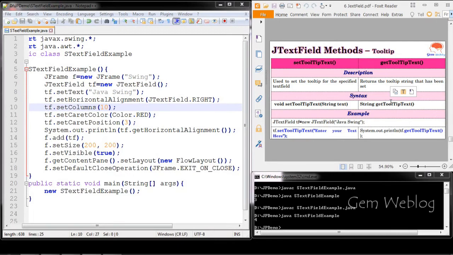Next we will see how to set the tooltip for the specified text field. The setToolTipText method is used to set the tooltip for the specified text field, and getToolTipText extracts whatever string has been set and displays it. And this is the syntax for these two methods. Now we will see how to set the tooltip.